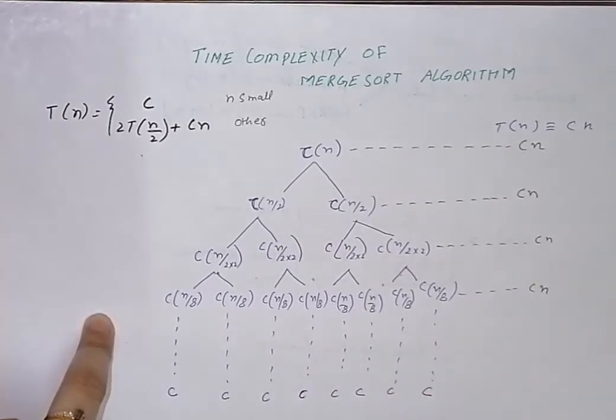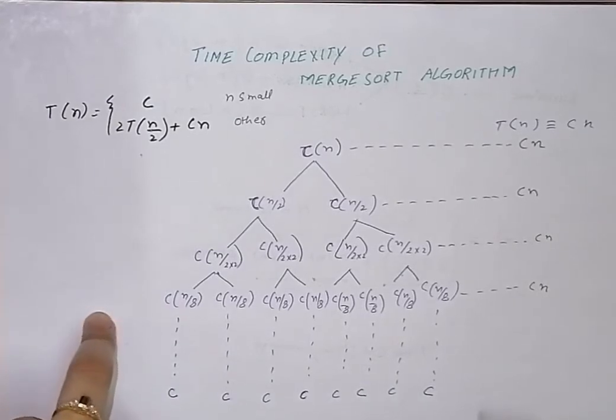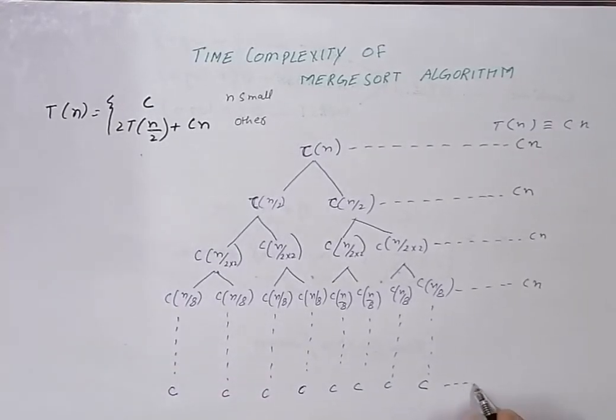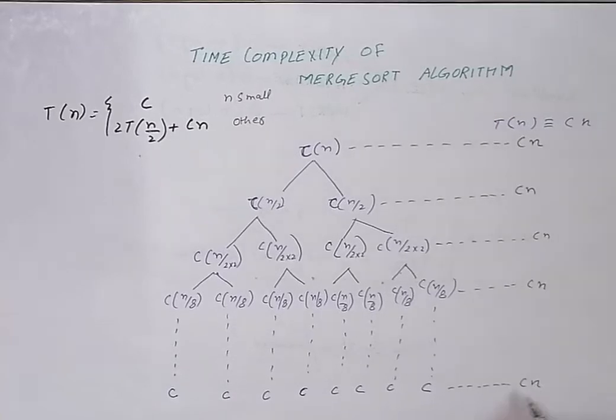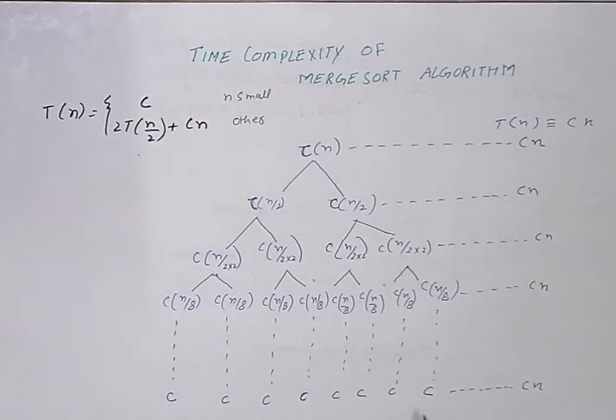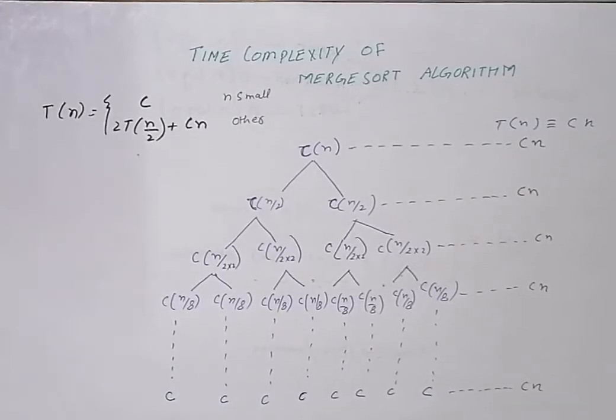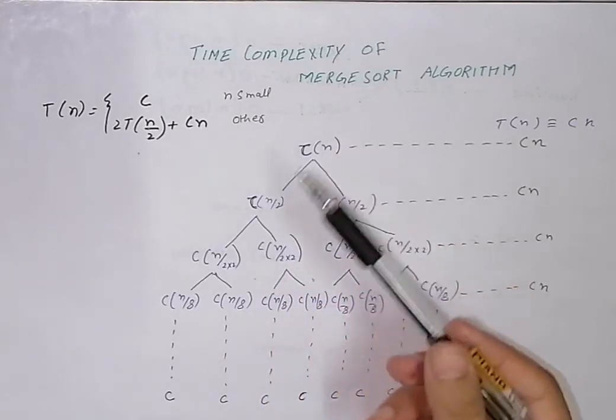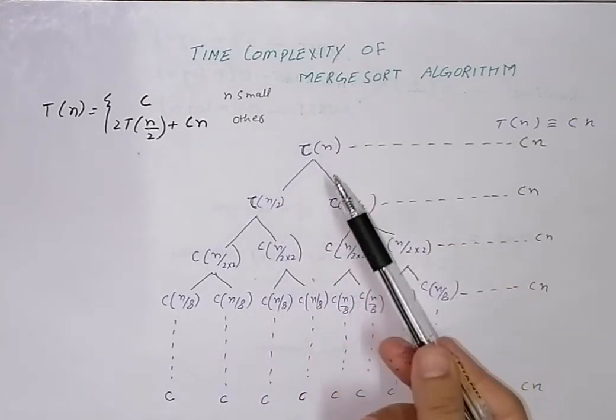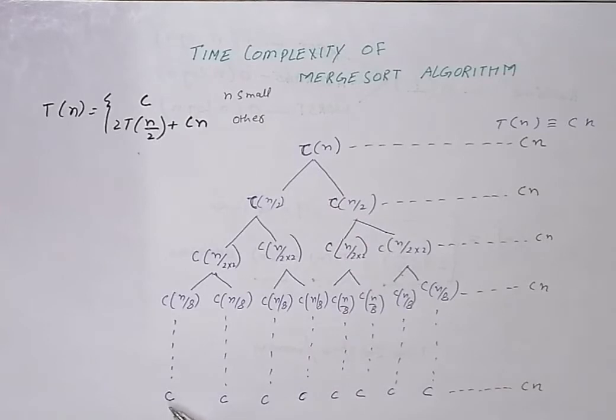The overall cost would be C of n, and when we reach the very base case, the very end level, again there are n different divisions, and since we have reached the base case where the size of the data is 1, that means, for example, if I've got a data set of size 100, then reaching this point, when my data set size becomes 1, means that I have split this data in such a way that 100 values have come down to 1 value.